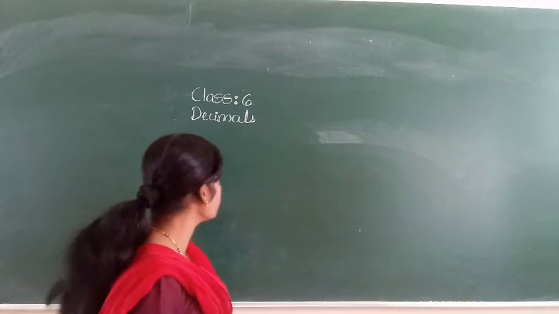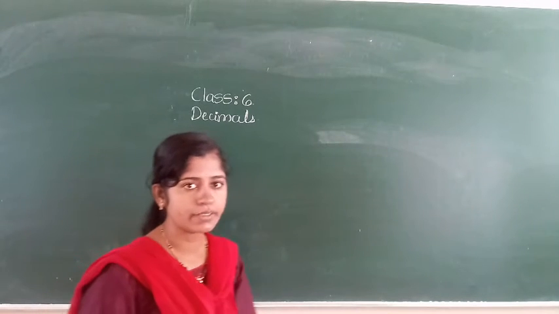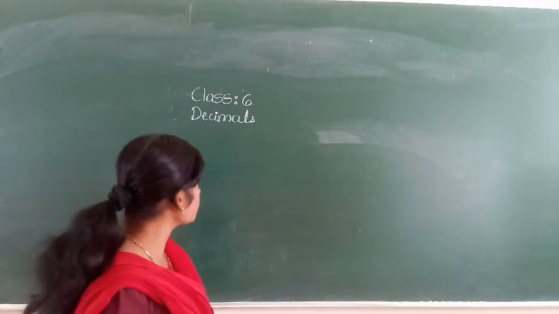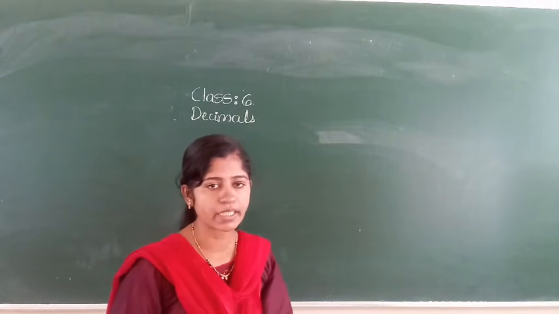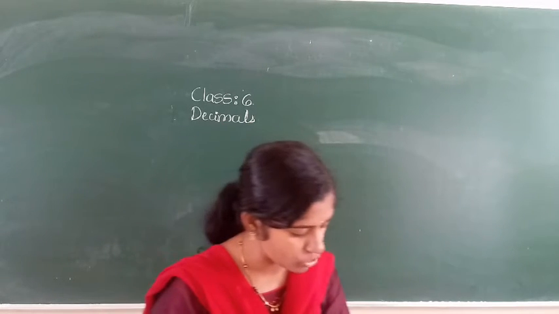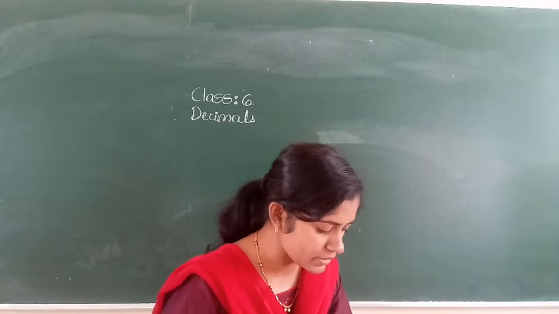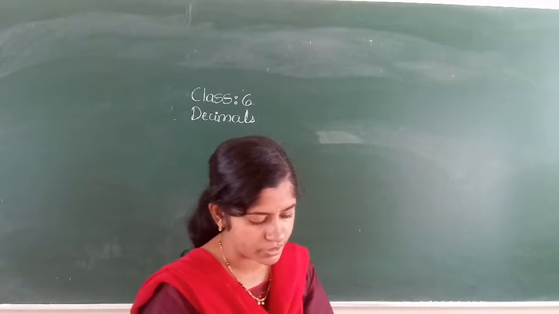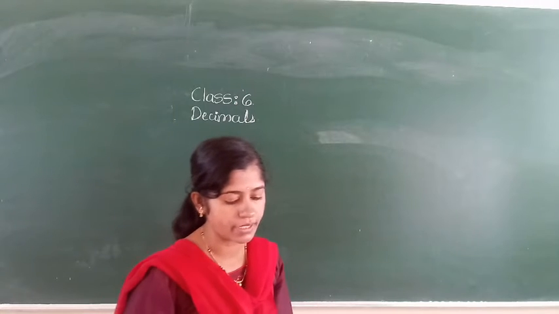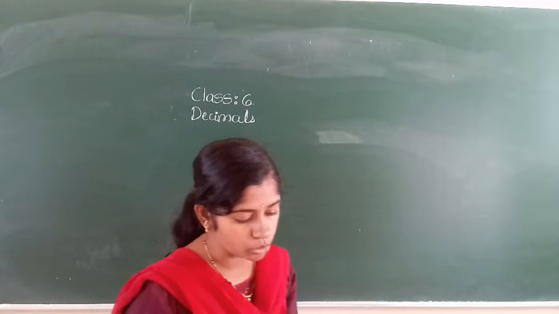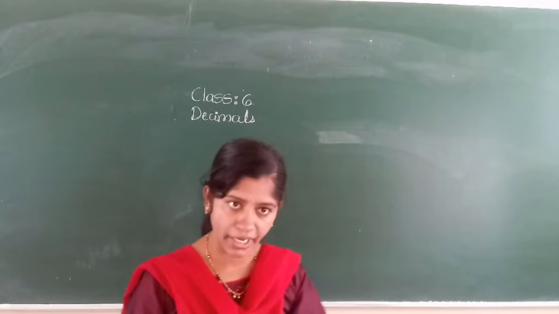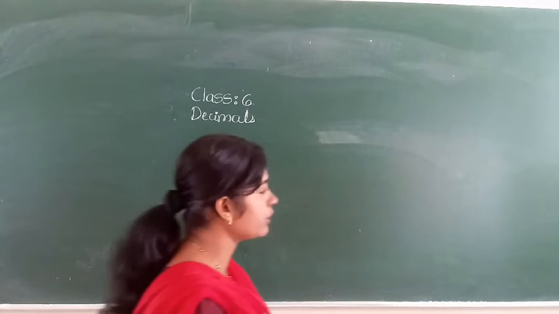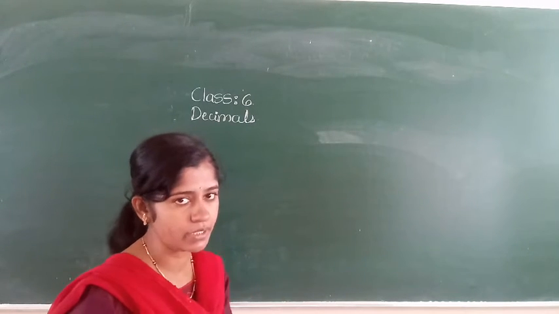We already started a new lesson of class 6 and that is decimals. In previous videos you learned the place value chart of decimals, how to write them in expanded form, and you have solved most of the examples from exercise 6.1. In today's class I am going to discuss how to represent decimals on a number line, how to convert decimals to fractions and fractions to decimals. Whatever I taught in the previous class, I will revise in 10 minutes.